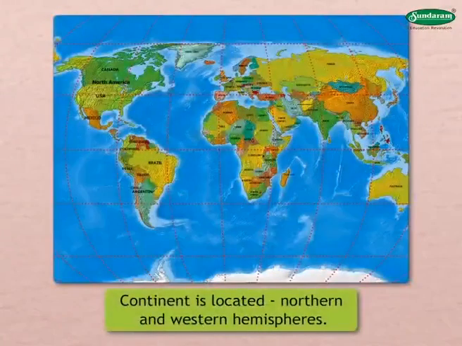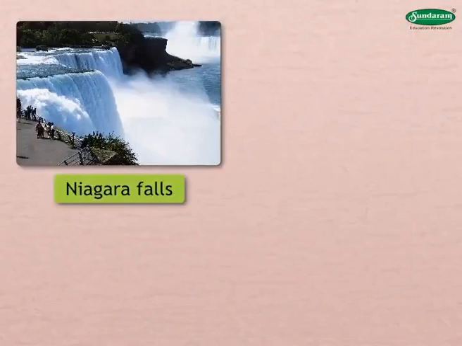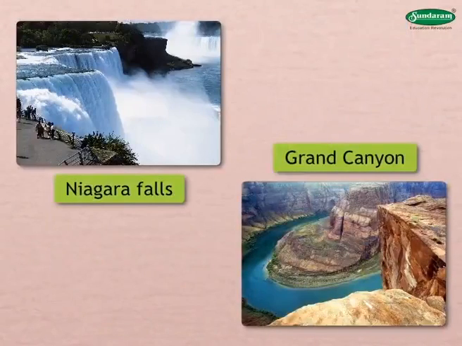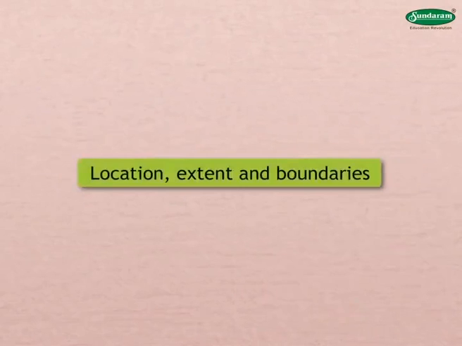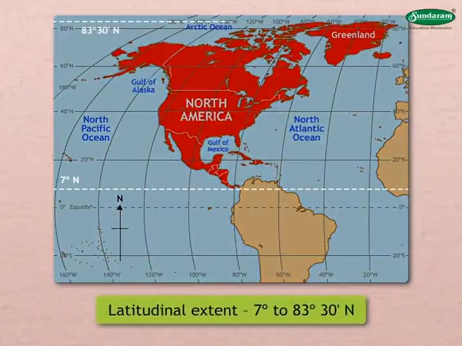This continent is entirely located in the northern and western hemispheres. The Niagara Falls and the Grand Canyon carved out by River Colorado are the special features of this continent. Location, extent and boundaries. The latitudinal extent of the continent is from 7 degrees to 83 degrees 30 minutes north,